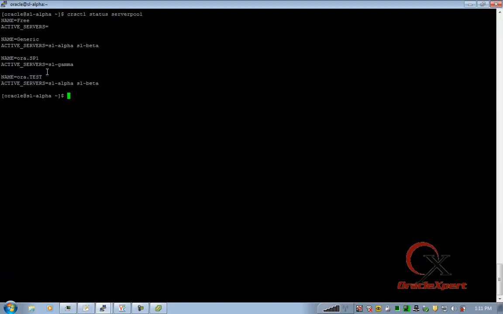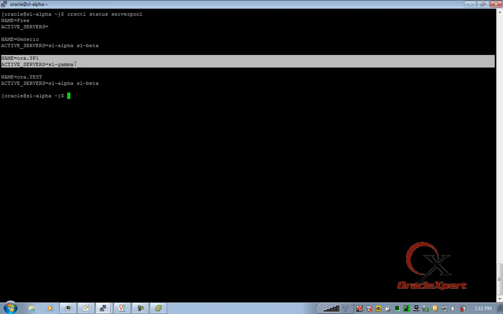I am interested. See here now. So it has automatically been adjusted to include gamma now for some reason, but it was not able to detect alpha and beta somehow.